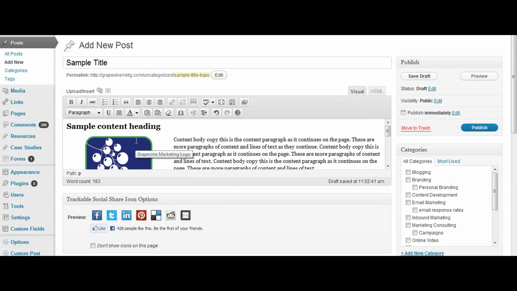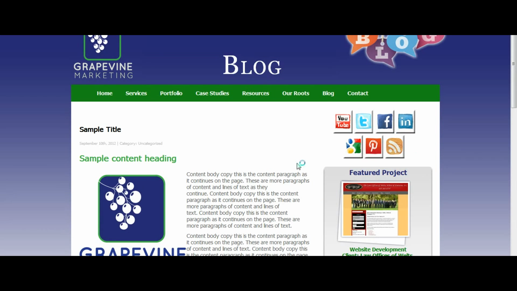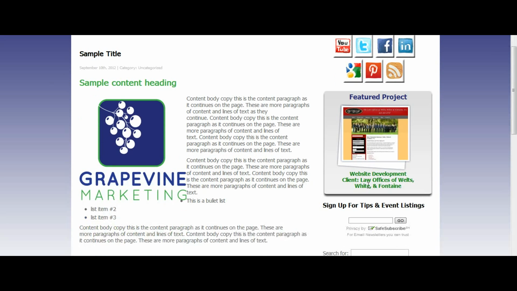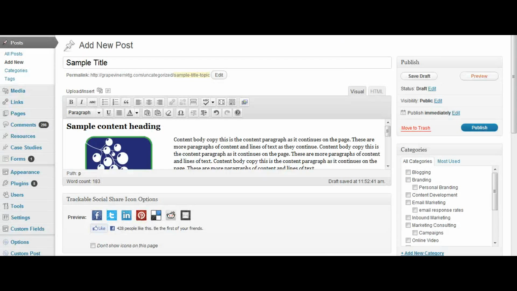Once we've inserted into post, you'll see where that image appears, and you can click preview to see how it actually appears on page. At this point, I'm not very happy with the size of the image, so I would want to go back and change the size of that. So if I hover over that and click on it, I will see two icons that appear. You can click the left icon for Edit Image,